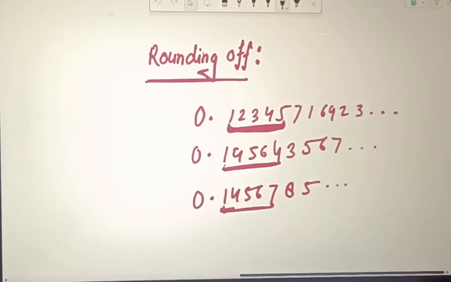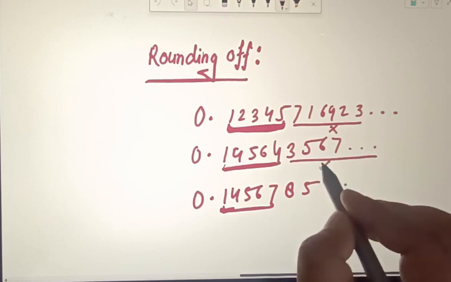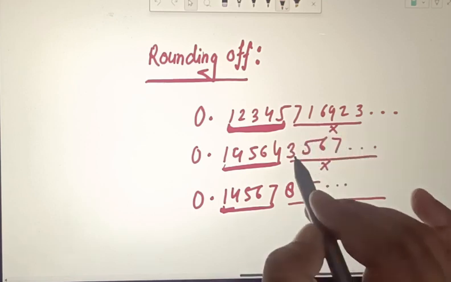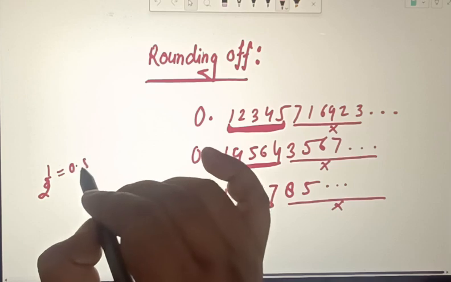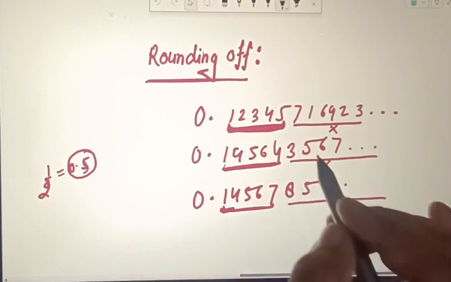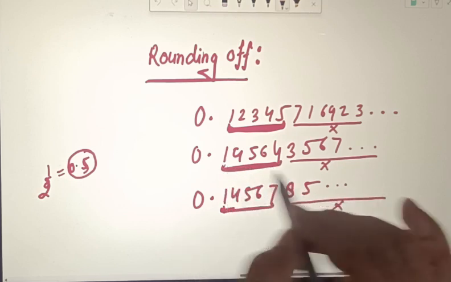then discard all numbers to the right of the nth digit. Cut all these numbers in the first process. And if this discarded number is less than half a unit in the nth place, less than half, what does it mean? 0.5, right? If it is less than 0.5, if it is less than 5, then the nth digit is unaltered,